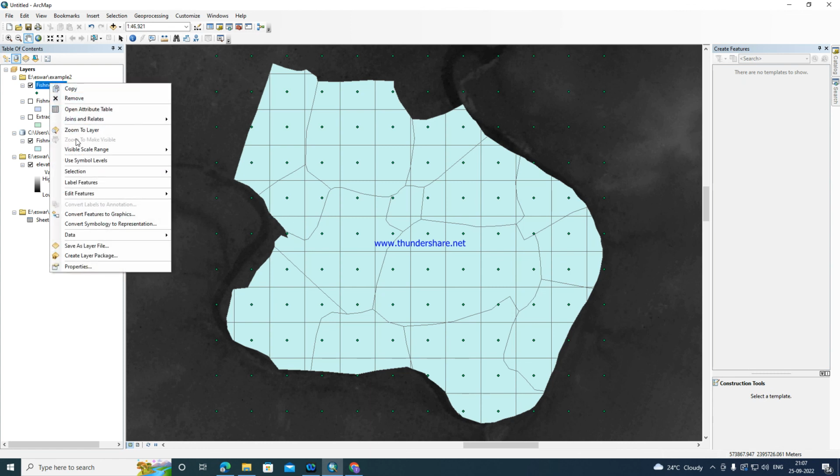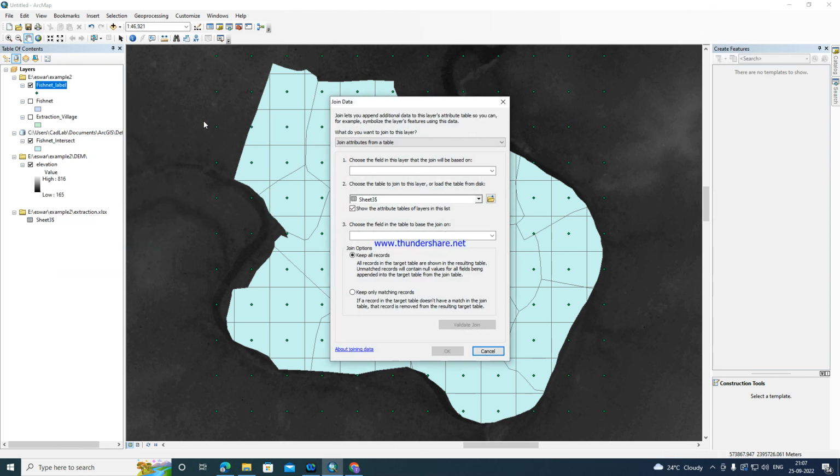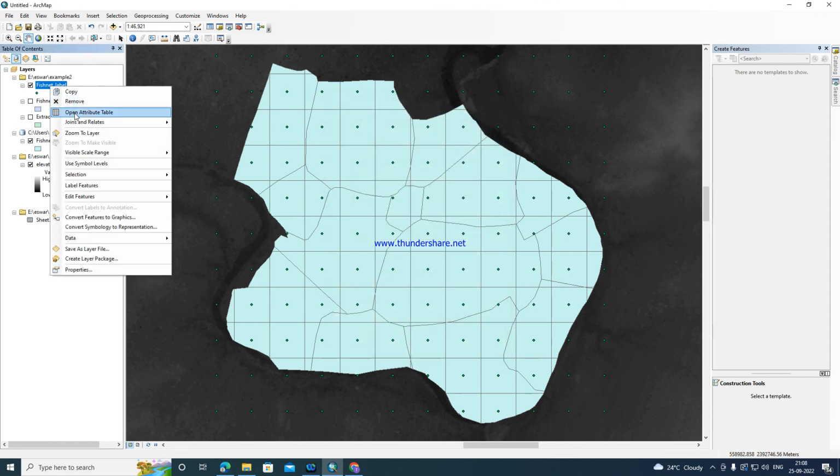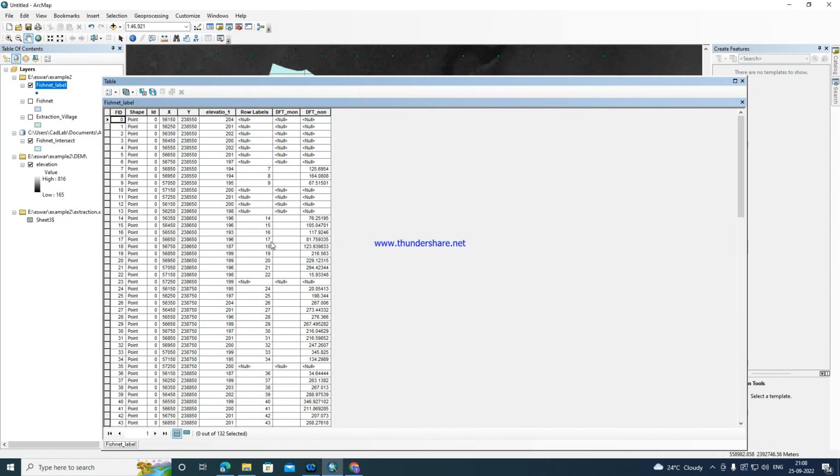You can join the layers. Join, sheet key, row label. Open the attribute table. Yeah, now you can see that